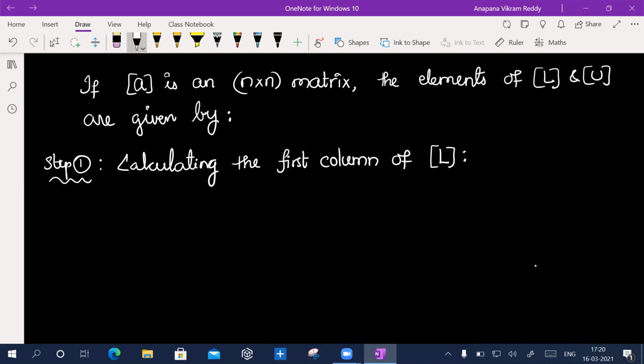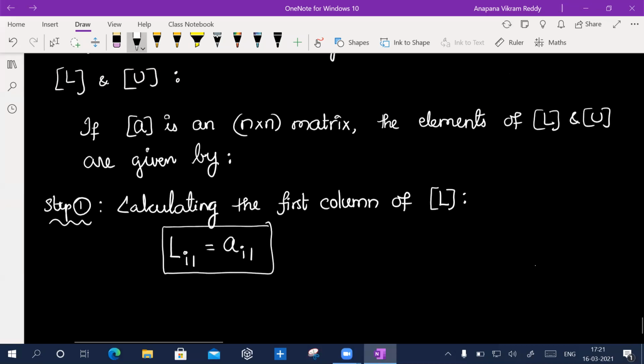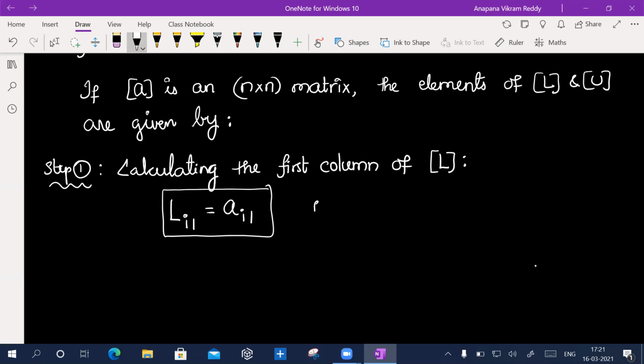So I can say Li1 is equal to Ai1, where i is equal to 1, 2, 3, and so on. If I have n equations, I will have n elements. So for i equal to 1, 2, 3, and so on, Li1 is equal to Ai1.